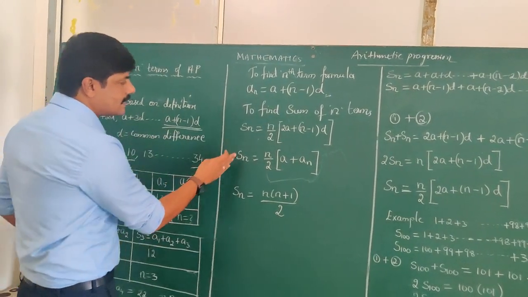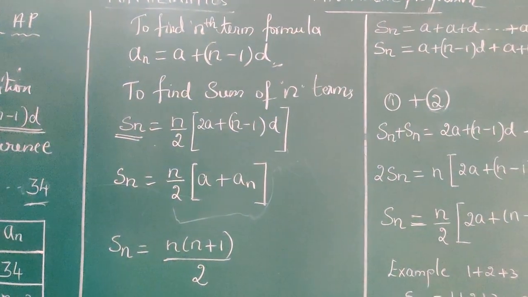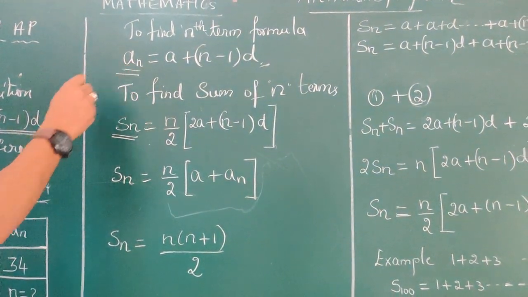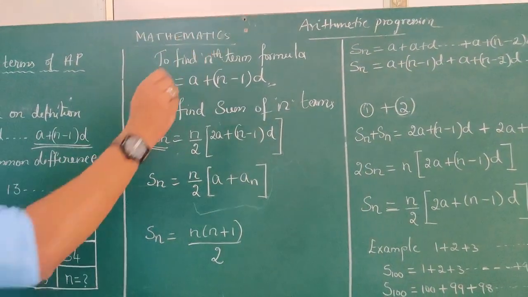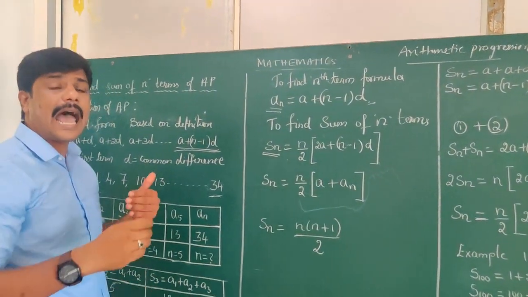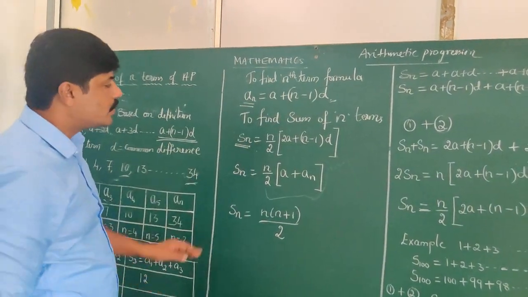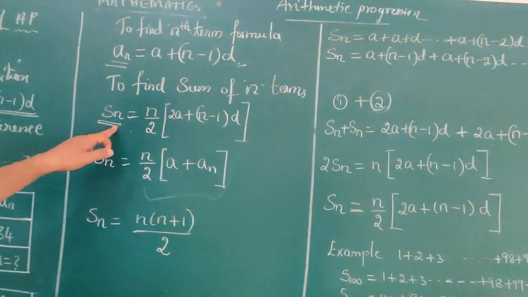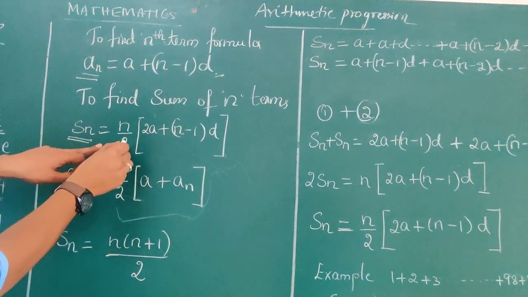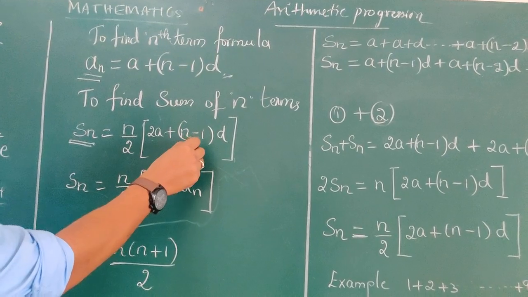So this goes as Sn is equals to, Sn means sum of n terms. An is nothing but the nth term, what is present at the nth place, but Sn is equals to adding n terms that are present in the AP. So Sn, the sum of n terms, is equals to n by 2 into 2a plus n minus 1